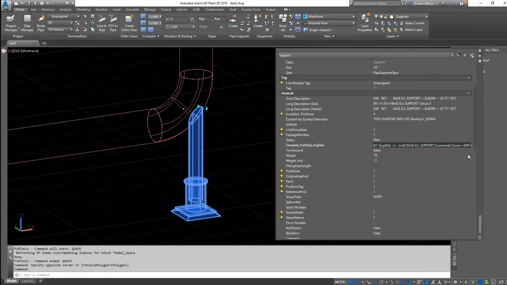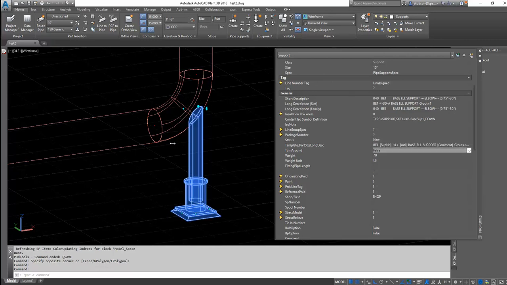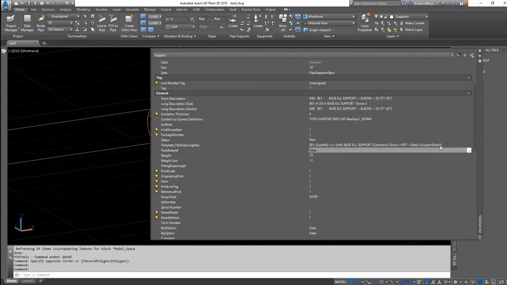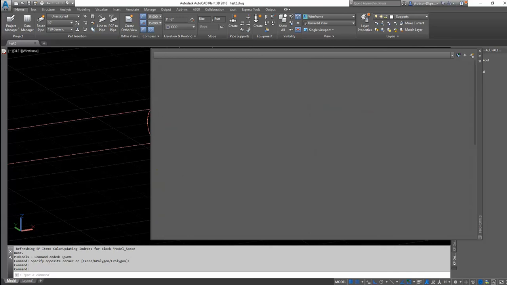here to say detail equals, it's kind of hard to see that, support detail. So now I've got, let me stretch this out. So now I've got this property name and these braces here, or brackets. Now when I save,